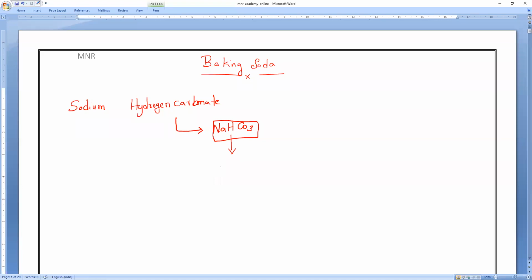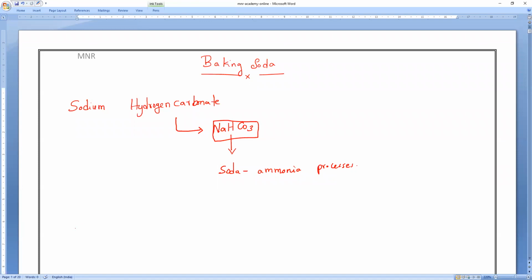What is the process, everybody? Yesterday I taught you. Yes, the Solvay process, or we used to call it the soda ammonia process. Am I right, everybody? So that is what you have to remember. Now, let us come to here. So if you have taken the soda ammonia process,